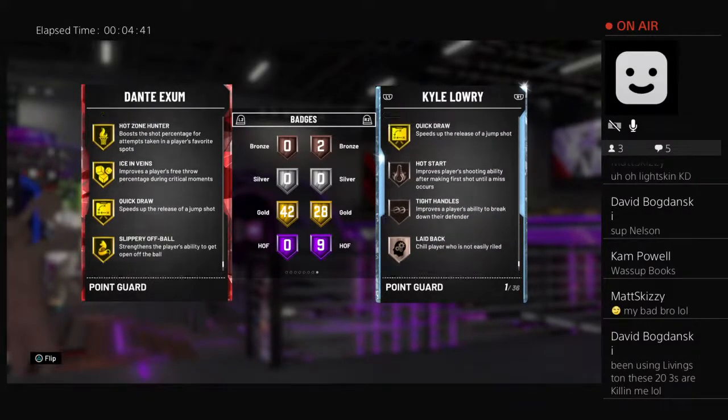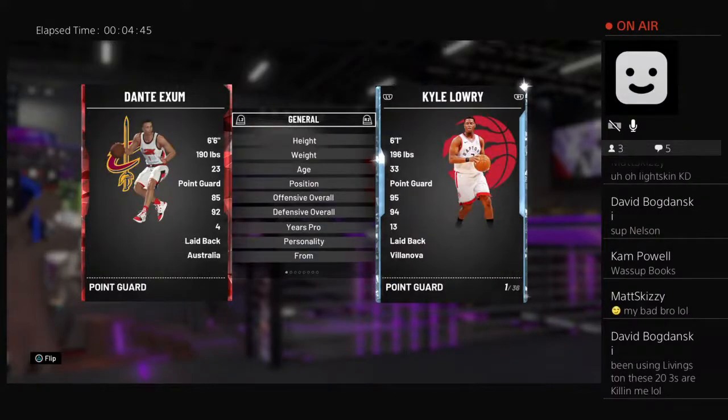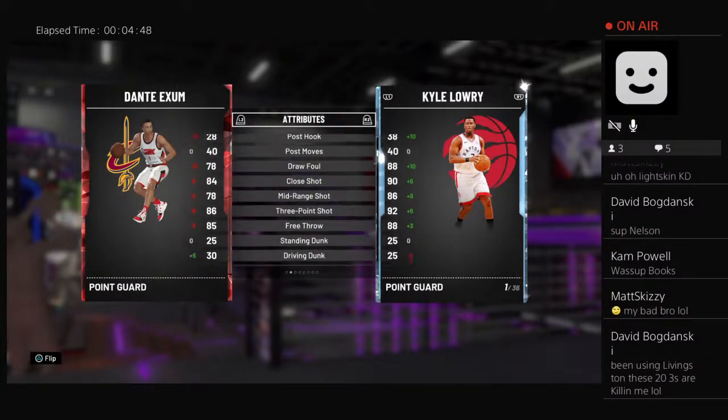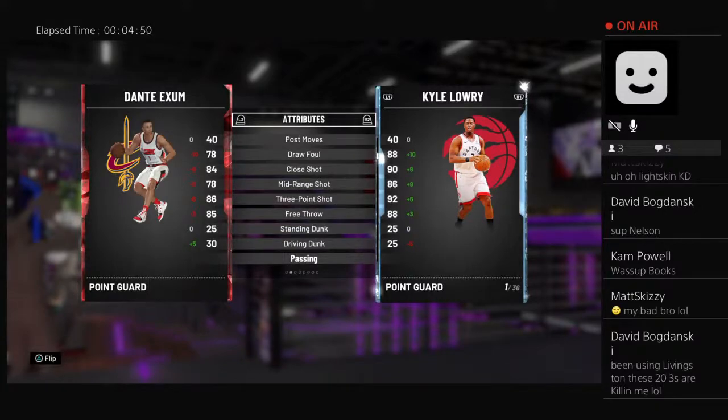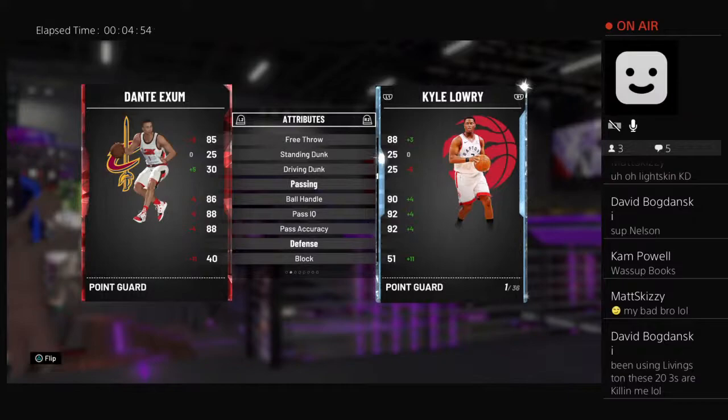I'm expecting Quick Draw. Yeah, obviously, listen, if this guy had Range Extender, he'd be a diamond card, right? So let's see. He does have an 86 3-ball, so a very makeable 3. This is a guy where it depends on his release, and I definitely am going to want to get a look at this card because this is a very